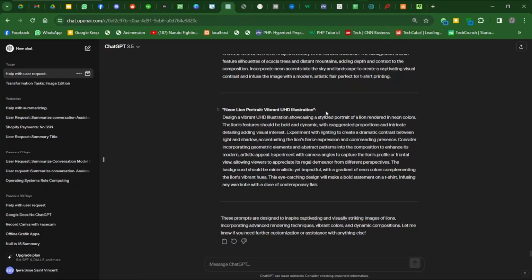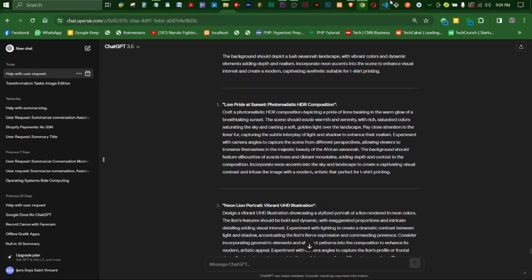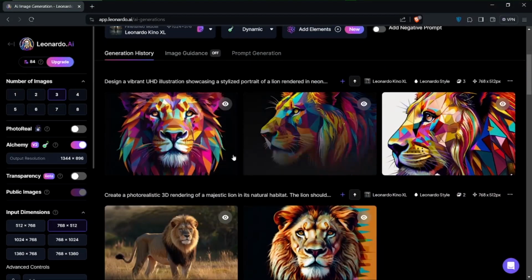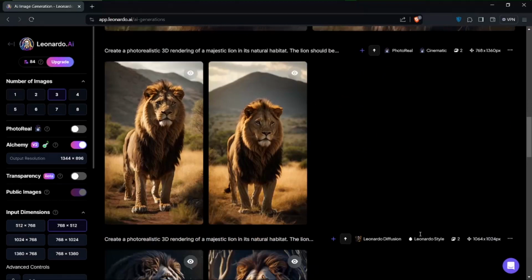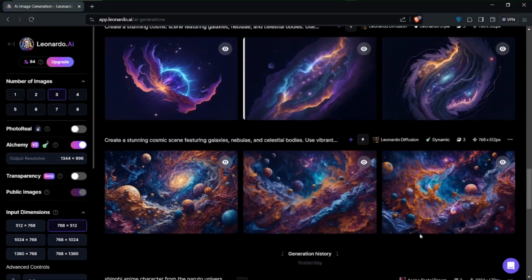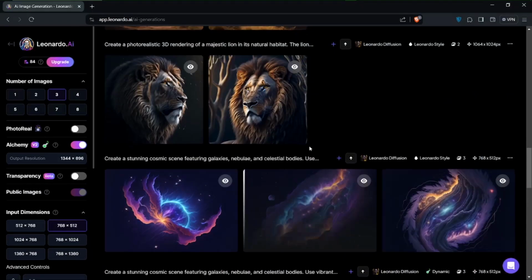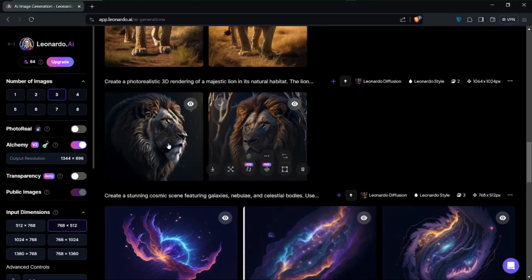So that's basically the trick to being able to generate images such as this. As you can see so far, that's the journey I went through. The first prompt I created gave results like this, which in a way were not really what I was looking for. Then I went on to something like this, and I would have actually been okay with this one. But the thing is, I think I used some different